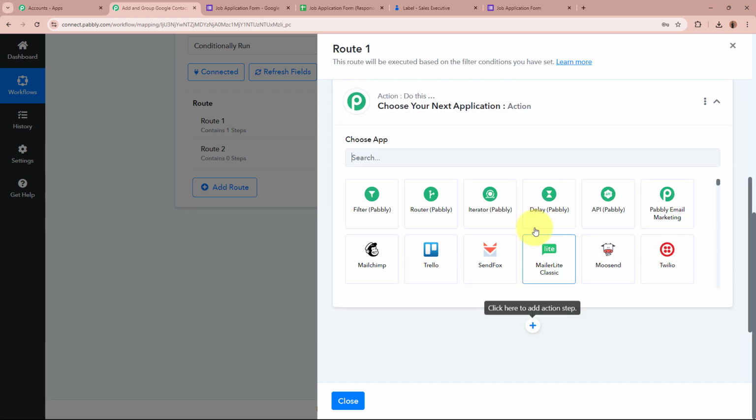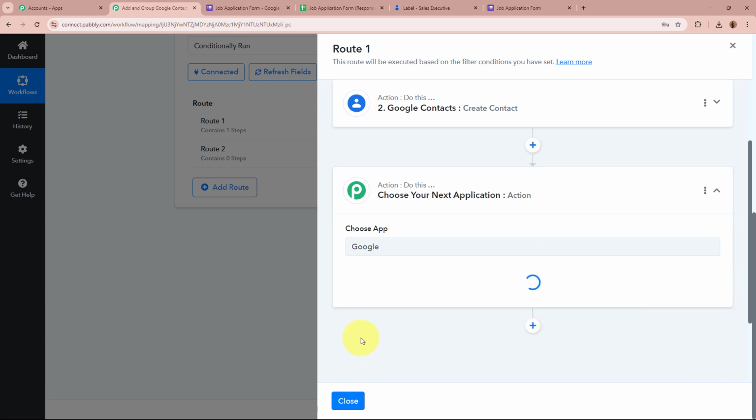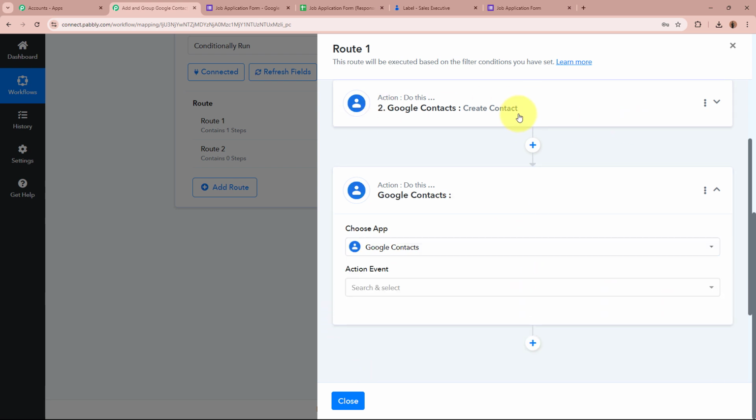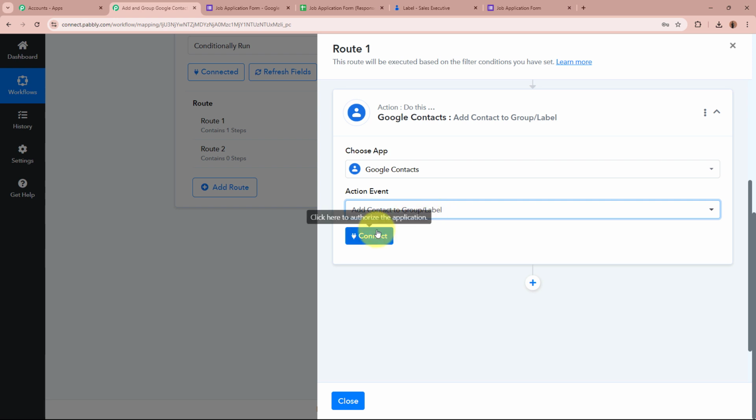And for the action application, I'm going to select Google Contacts. As soon as a new contact is created in my Google Contacts, I want to add that contact to the specific job position they selected while doing the form submission. So for the action event, I'm going to select add contact to group/label, and then I'm going to click